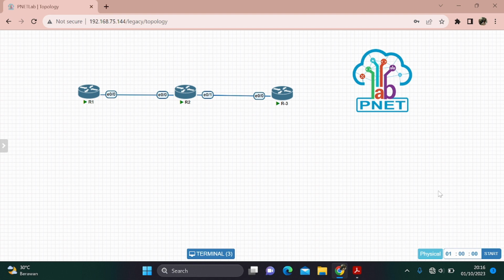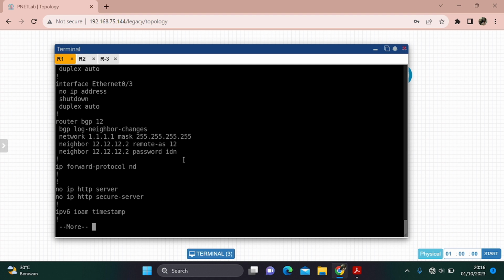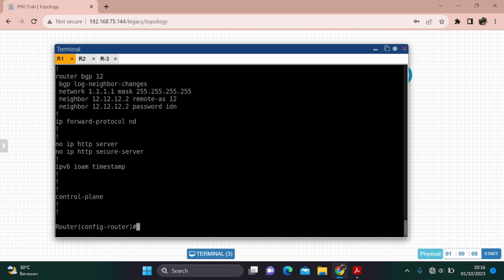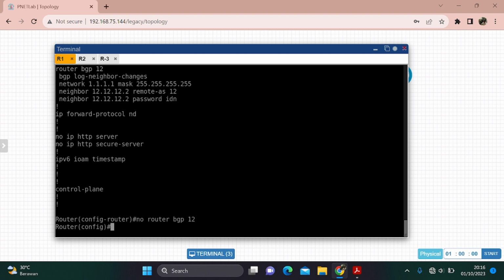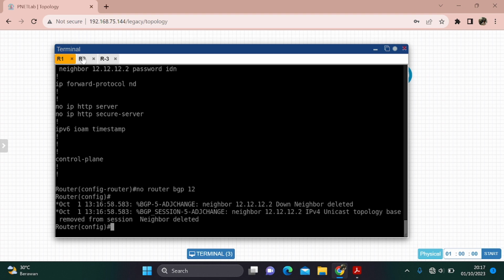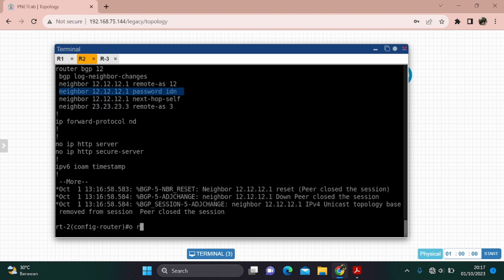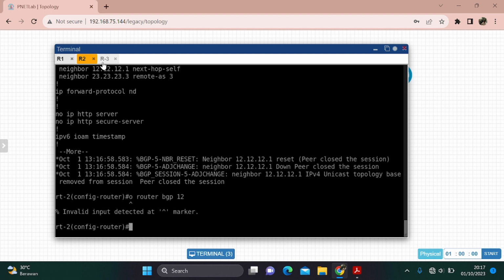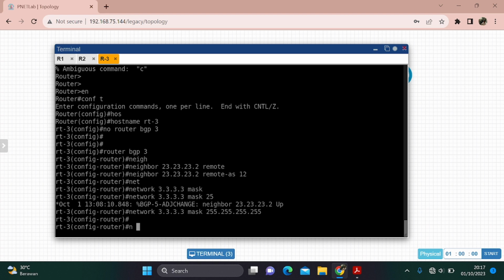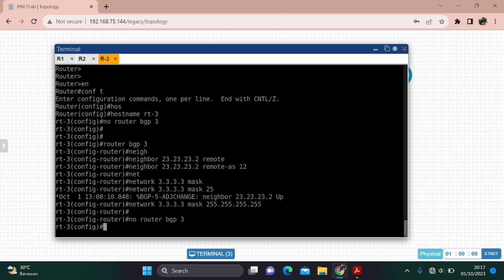Okay, let's go to the topology. And next, we will delete BGP 12: no router BGP 12, and then in router 2, no router BGP 12, and don't forget in router 3 again, no router BGP 3.